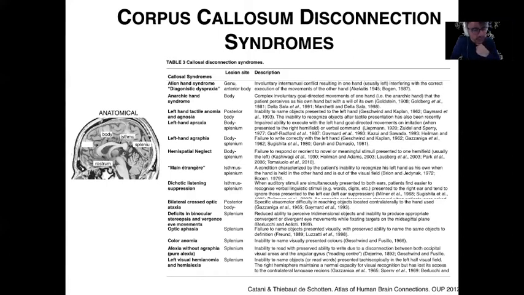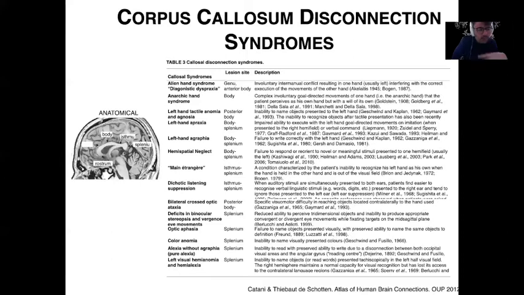If you go a little further in the posterior part of the body, you can also observe a patient showing a left hand agraphia. So they're not able anymore to write with their left hand, which, you know, usually with our left hand, we're not really talented in writing if we're not left-handed. In that case, they're absolutely unable to do it.